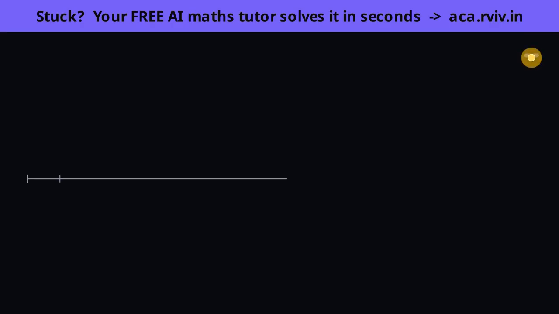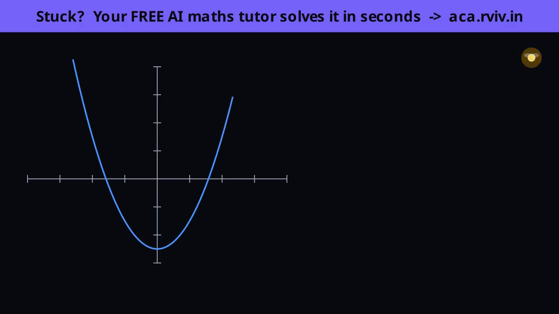One quantity in that formula quietly controls everything, the piece under the square root, b squared minus 4ac. Let's see why. Here is the graph of a quadratic, and a quadratic always draws a parabola, this smooth U-shaped curve. Now, the roots are the values of x that make y 0, and y is 0 exactly where the curve sits on the x-axis. So the roots are the points where the parabola crosses the x-axis. That's the crucial link. Solving the equation is the same as asking where this curve meets the axis.